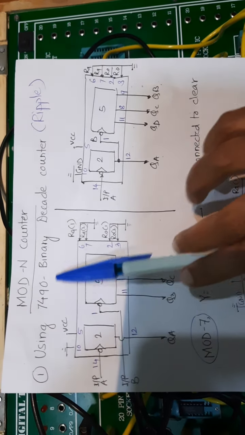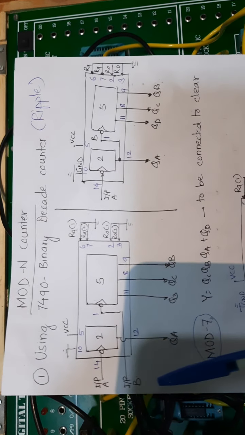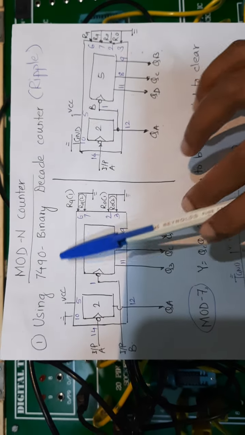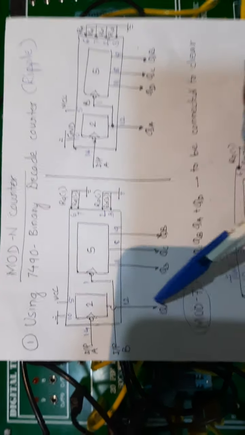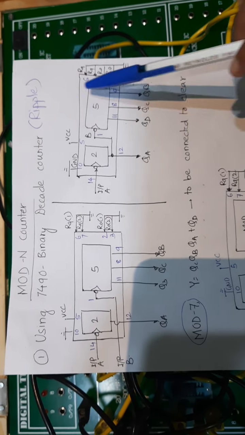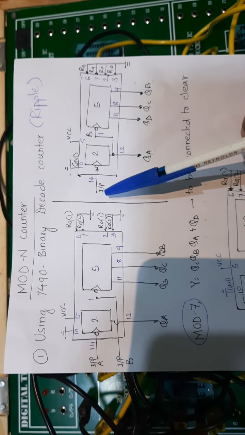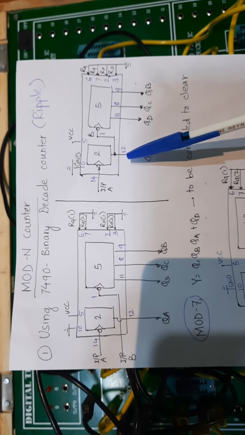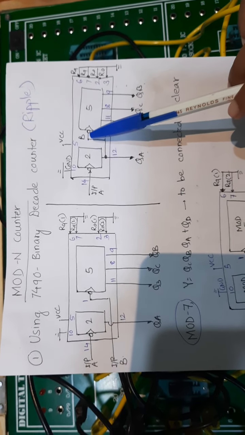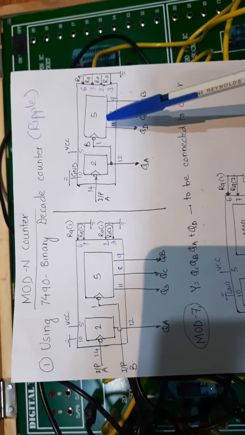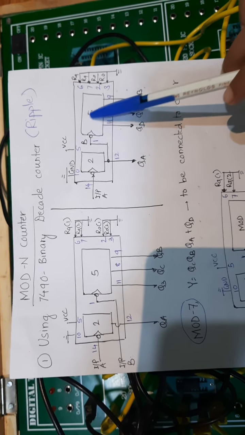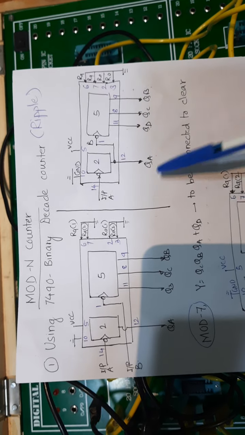Now 7490, here you can see input A and input B. So we can have them separately. There are 3 modes of operation for 7490. One in which I can have mod 2 separately and mod 5 separately. Second mode in which I can get them connected together, that is the external input is connected to mod 2, and from the output of this mod 2 the clock is generated, and that clock is given as the input clock to the mod 5. This way the previous flip-flop is giving the clock to the next. That's why it is asynchronous.